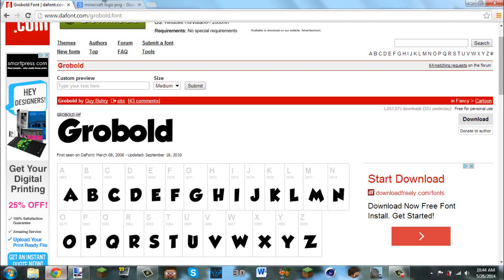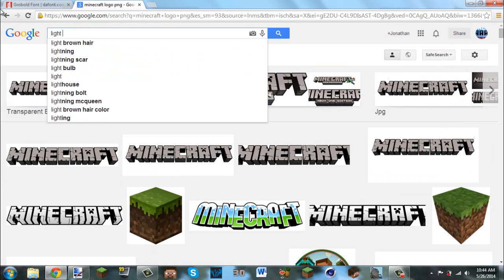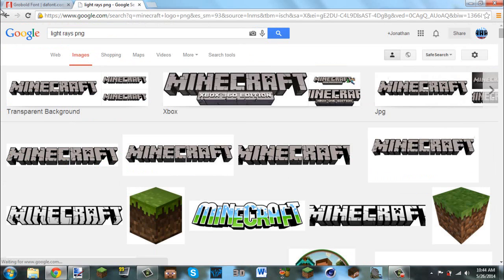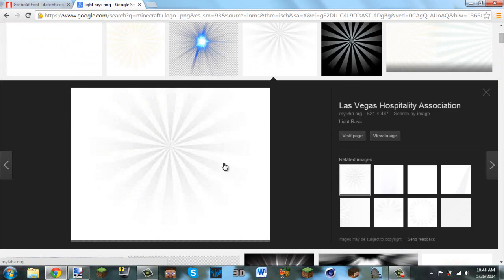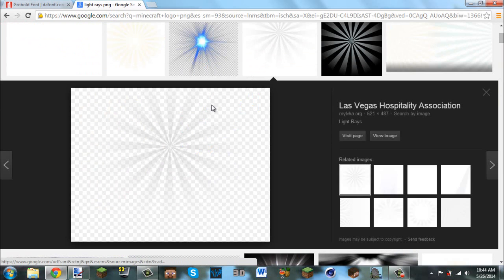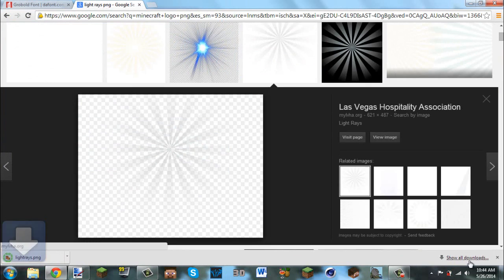Like, for example, I can go back in here, and instead of looking for Minecraft logo, I can look up light rays PNG, and it will have something. It can have something like this or this. I like something like this. If you open this up, you can save image. This could add another little effect to your